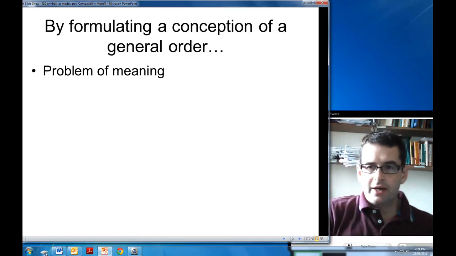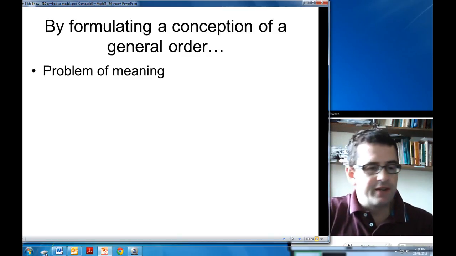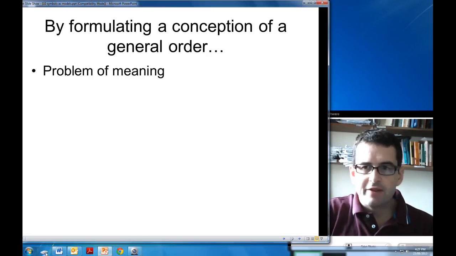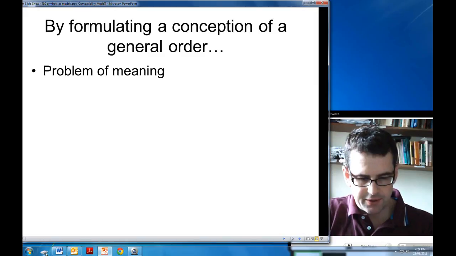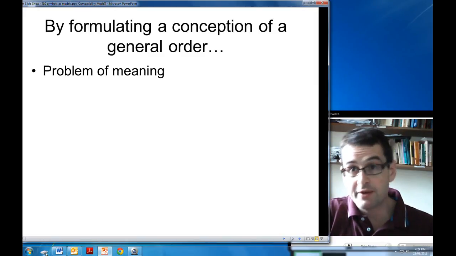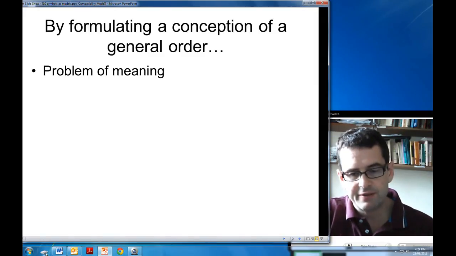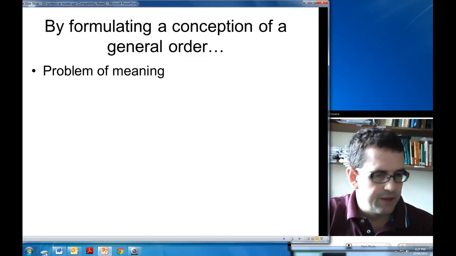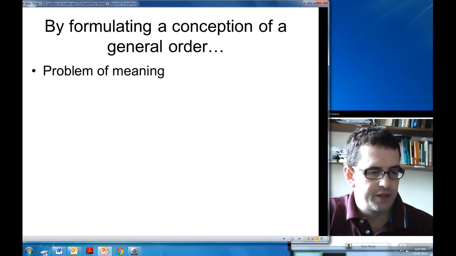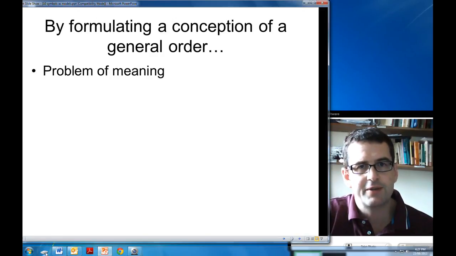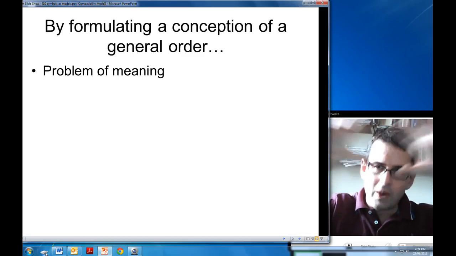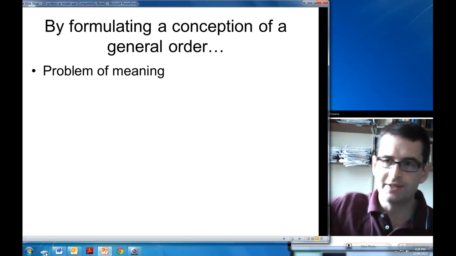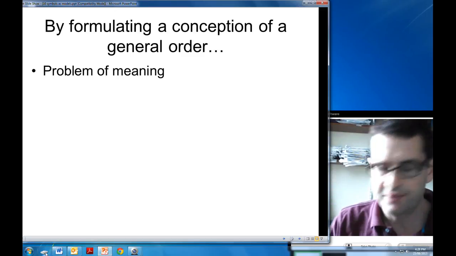If I am a Zande person, I might think the reason why the plane fell out of the sky was because of witchcraft. A witch affected the pilot. If I was a certain kind of Confucian Chinese person, I might say it's because the ancestors were angry. I get different ways of answering problems of meaning, such as why did a plane fall out of the sky?